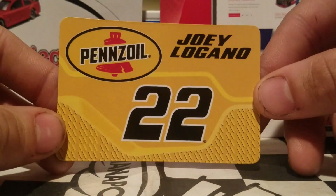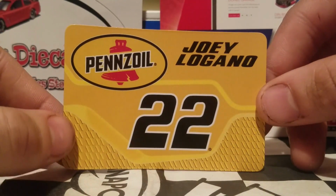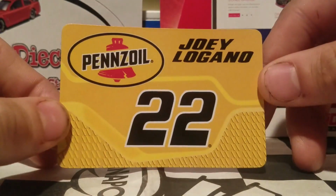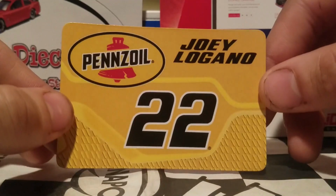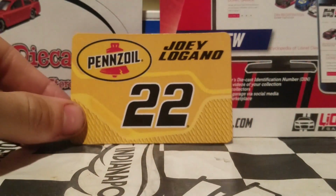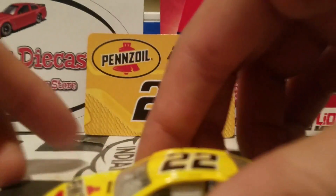Really gives the diecast some cool textures, kind of like Dale Jr.'s 88 Nationwide Salutes car. That was pretty cool that they add that. I kind of like the little details that some of these guys put into their paint schemes. But you got Pennzoil, Joey Logano, and the good old number 22. So yeah, guys, we're going to go ahead and put that off to the side and back to the diecast,